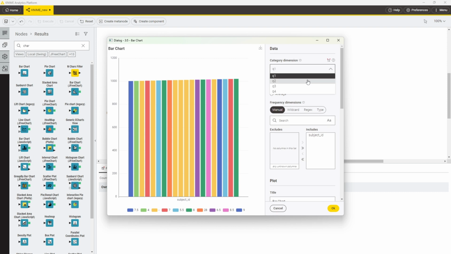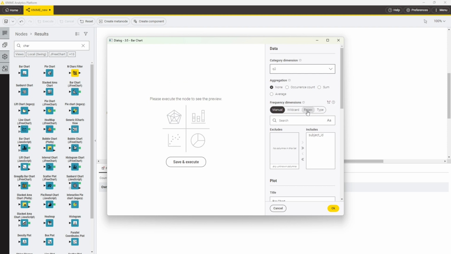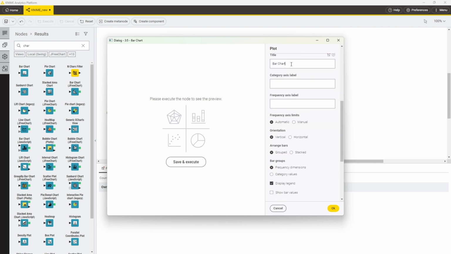If we want to change any category, or aggregate any of the sum or average, or something else, and if we want to include some more data here, and we want to give a title,